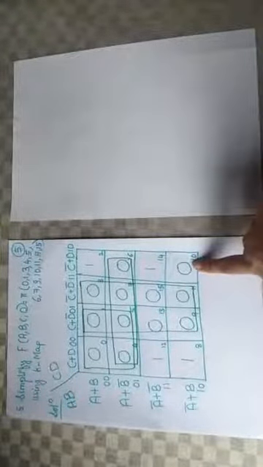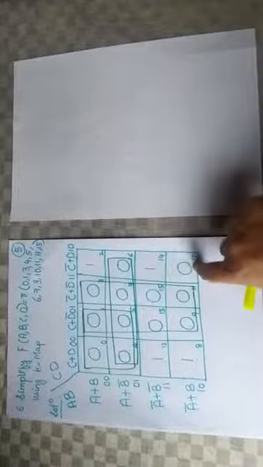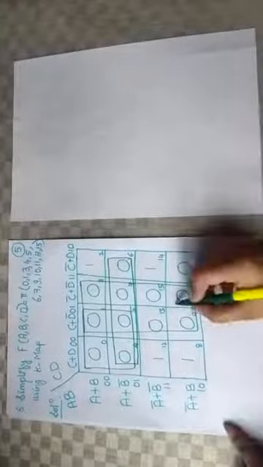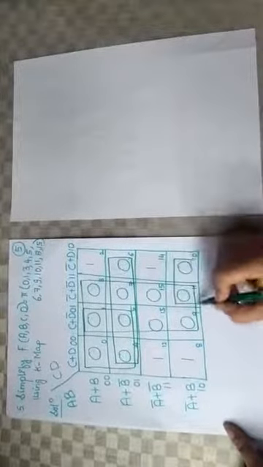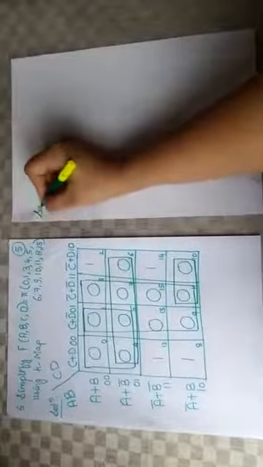Yes. Now you have one more 0 left out here. Now in this, check whether there is any possibility of quad. No. So we should go for a pair here. Okay. So we have completed with the grouping. Now let us write the simplified form with the help of these groupings.